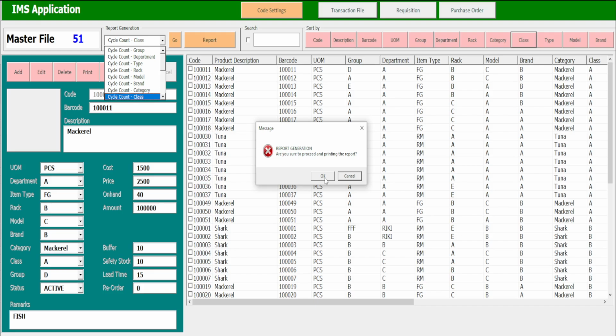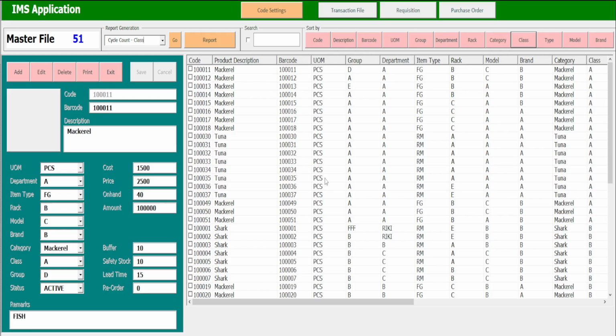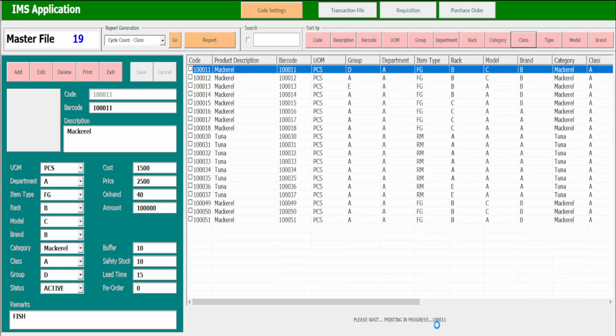So please press OK to proceed. And then the information below will display, informing the user that the printing is in progress. So please wait until the process is completed.